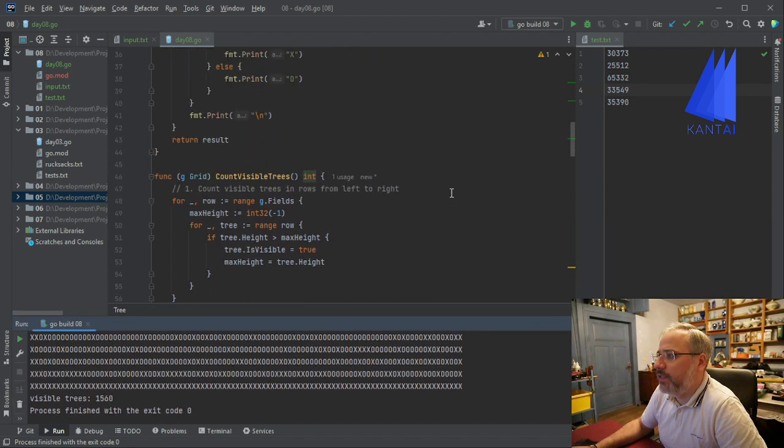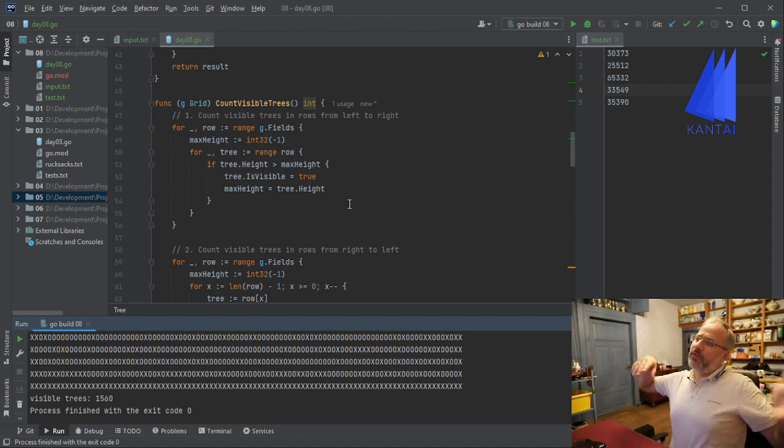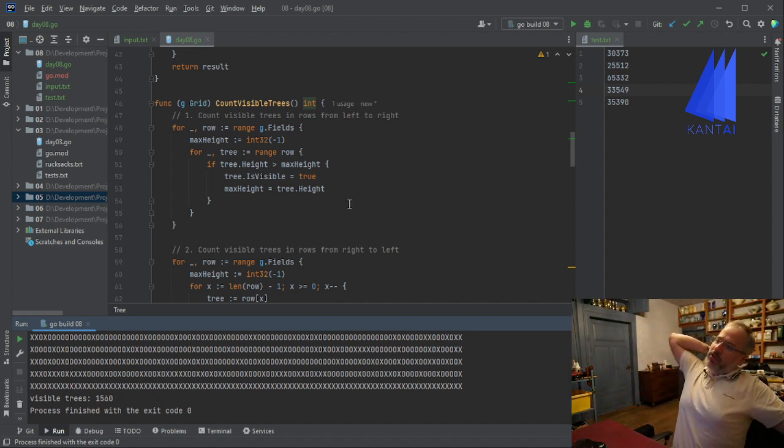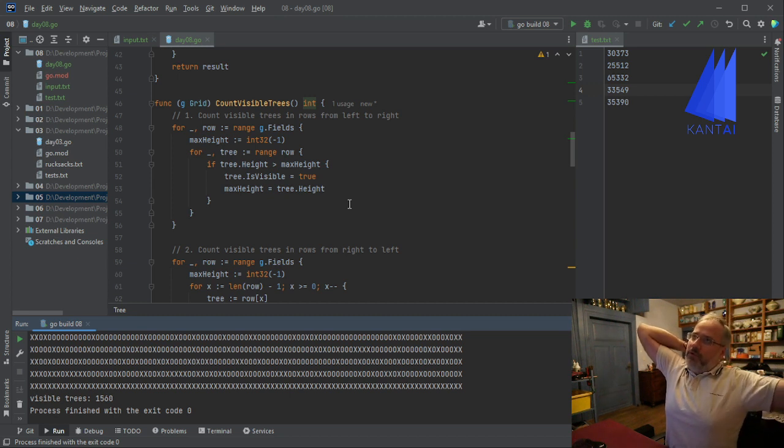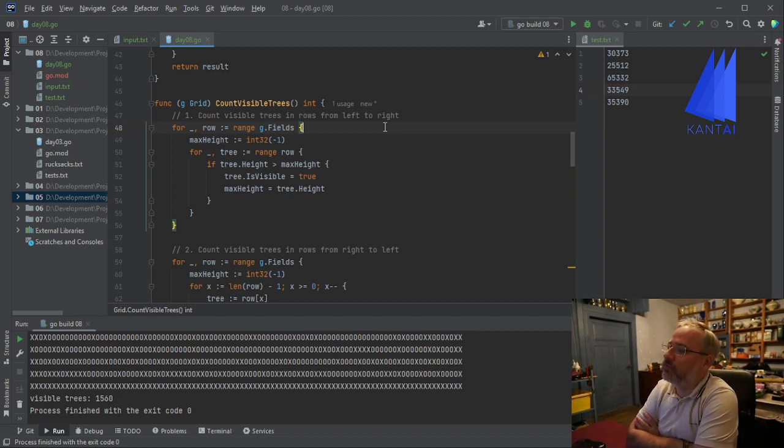So what we can do, if we go through it, if we go to the left, then the question is, can we calculate the scenic score automatically? All right, so if we, for example, have a row of 0, if we are in the first row, we know that the scenic score to the top